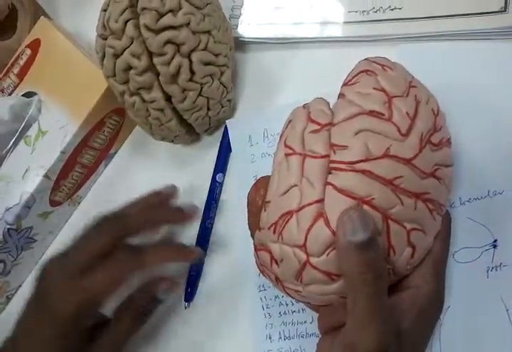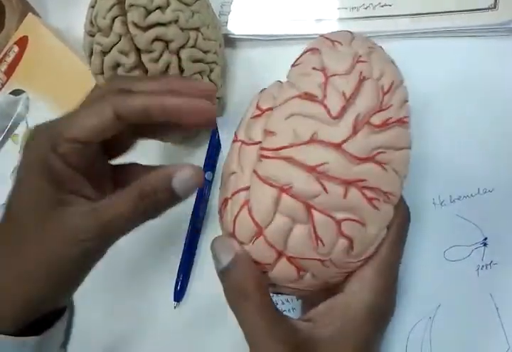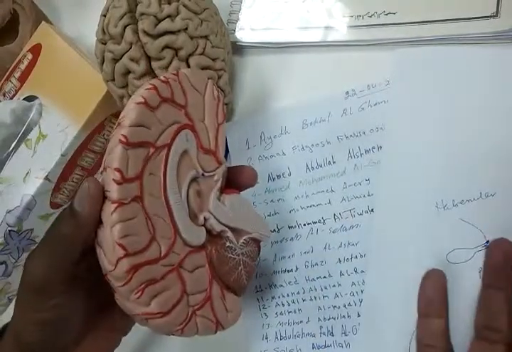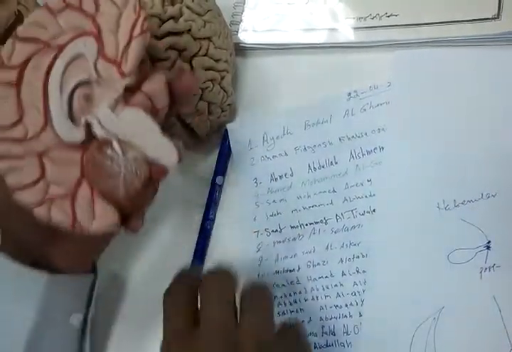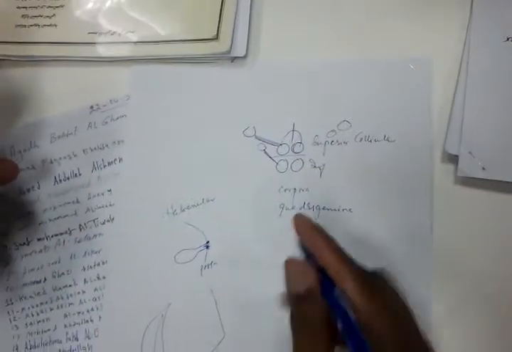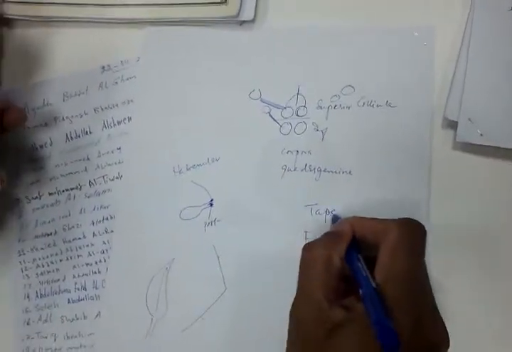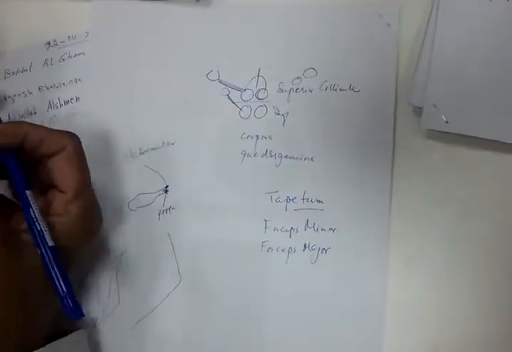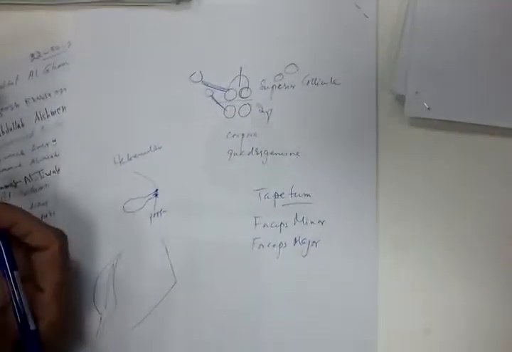So the fibers which connect the parietal lobe and temporal lobe of the left side with the similar lobes on the right side pass through the body, and they are known as septum. So we will put this question, and then you will say that nobody knows. So septum are the fibers which pass through the body of the corpus callosum, and forceps major are the fibers which pass through the splenium of the corpus callosum.